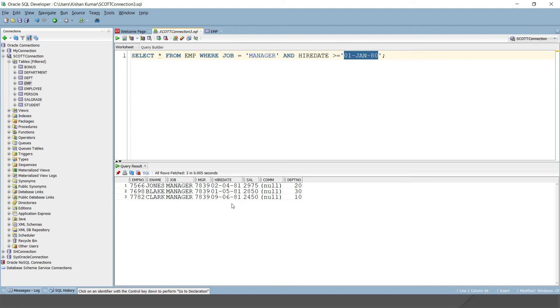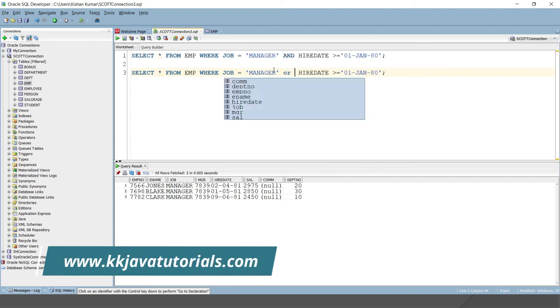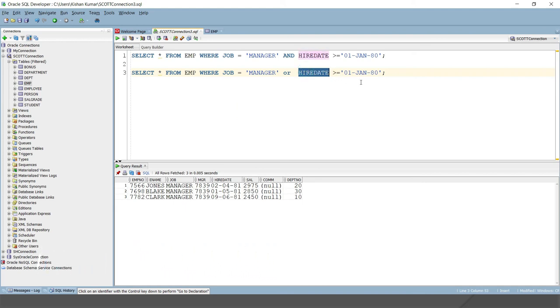So we got it. Now let's say I would like to get all employee details where either the job is manager or, so here we can write the OR as well, OR hiredate after 1st January 81. So here you will get the details.